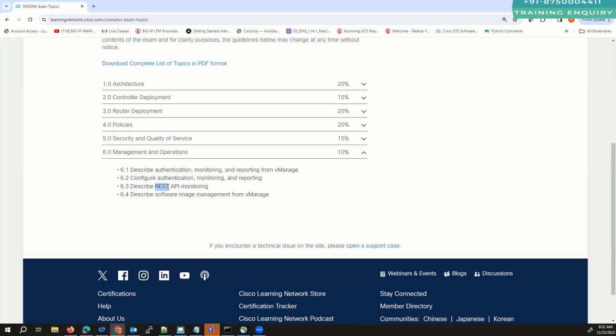So I will show you the documentation. We can open up that REST API documentation on the vManage, and that can give us a list of all the API calls which it supports. So that's what we will be doing, the REST API monitoring. So we will see that. And then the upgradation of the different components. You will learn how we can perform the software upgradation using